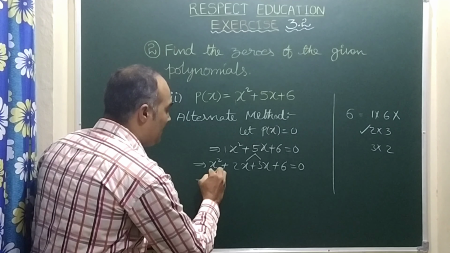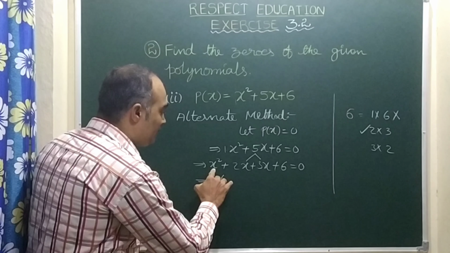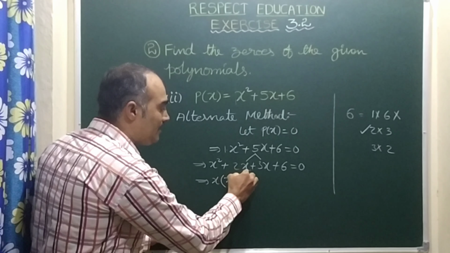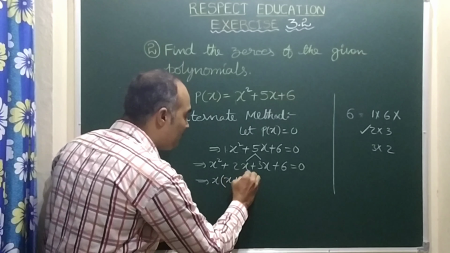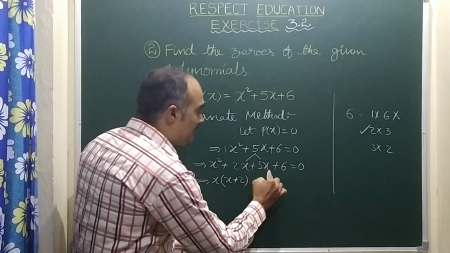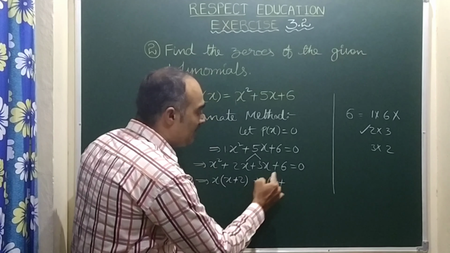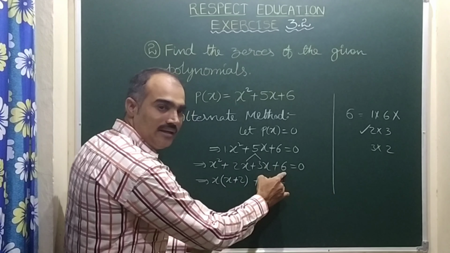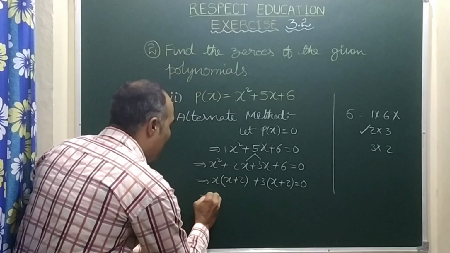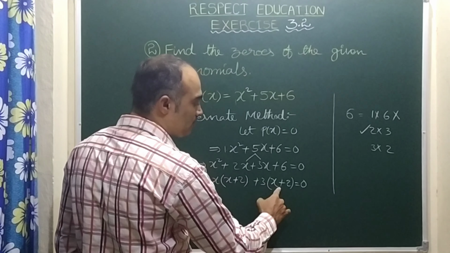Now here in the first 2 terms I take x common. So here x square and 2x, when I take x common, here one x is left, plus in 2x, x I have taken as common, so 2 is left. In these two terms I am taking 3 as common. In 3x, when the 3 goes as common, x is left here, plus here in 6, that is 3 into 2, 3 came out, so here 2 is left. So now x into x plus 2 is one term, 3 into x plus 2 is the second term.